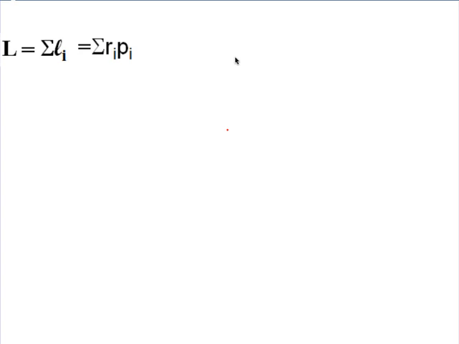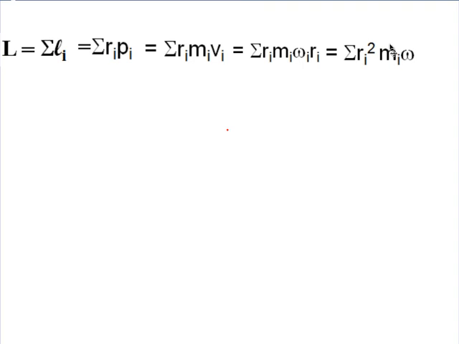Let's presume that r is perpendicular to p, because I don't want to go back and fix this show. That p is equal to mv for each of the particles, and v is equal to omega r, and we put the r's together. I take the I off the omega because they all have the same omega,